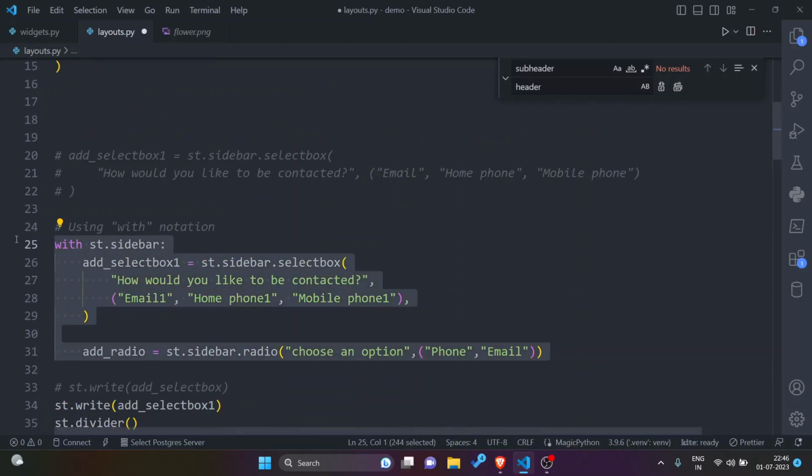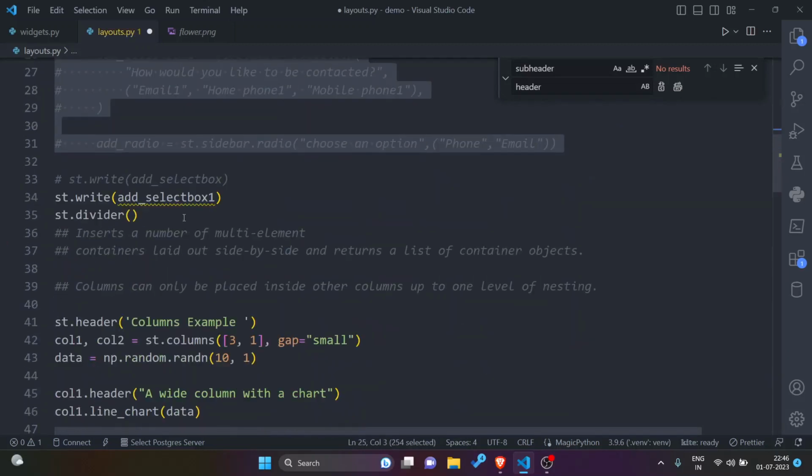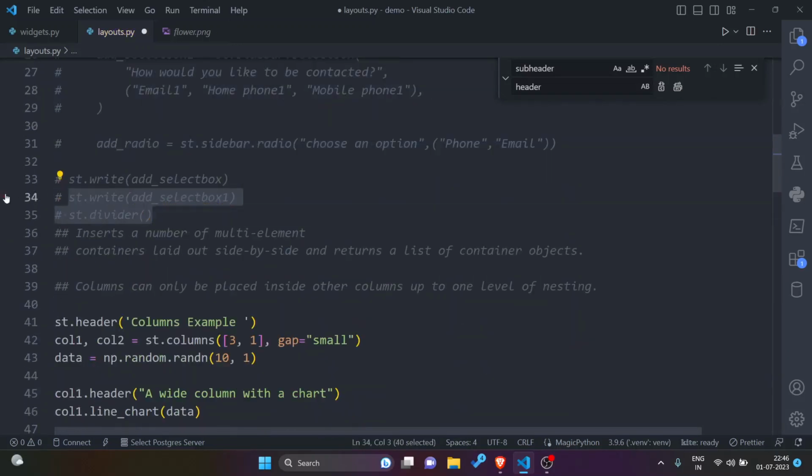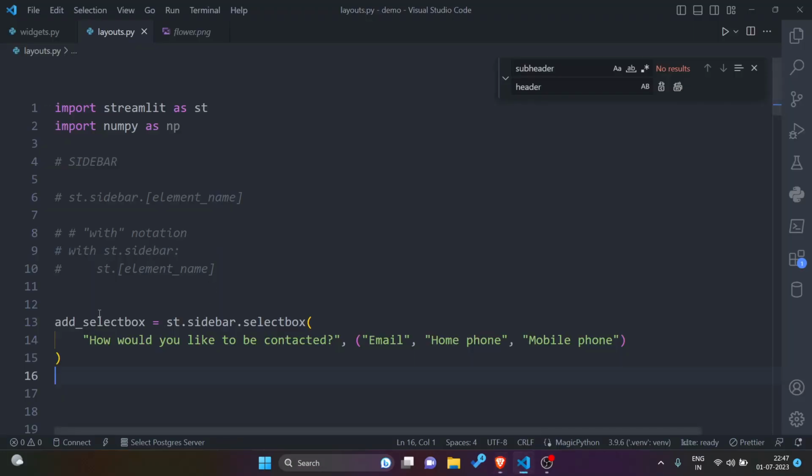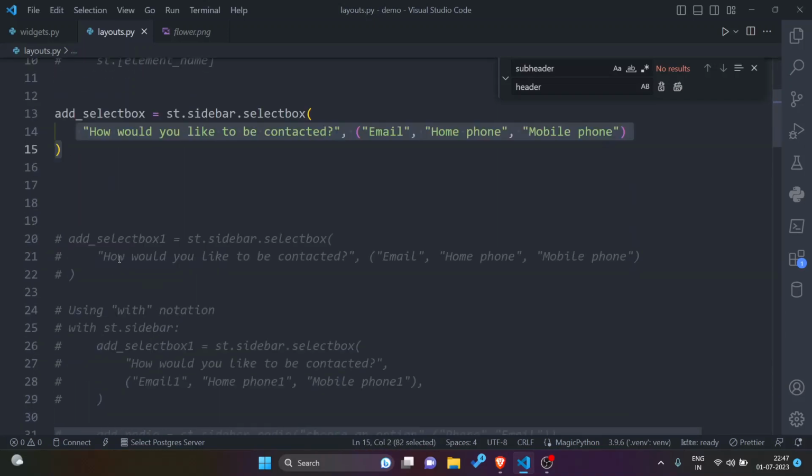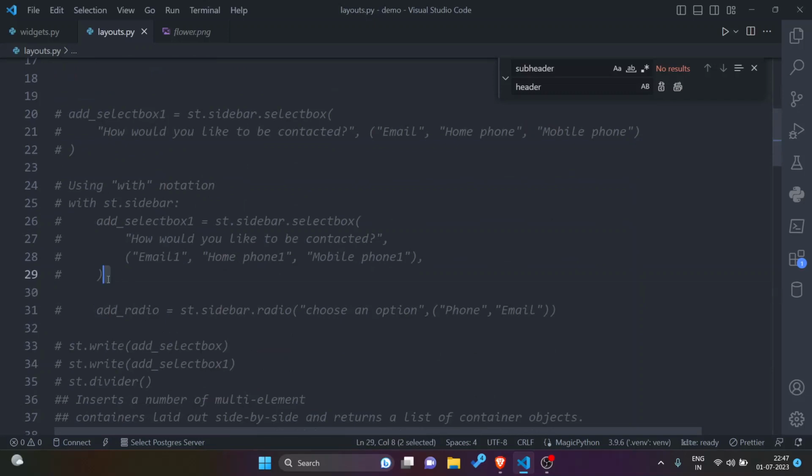So let us explore first. Let me comment it out. So I have got this sidebar and this sidebar contains a select box as shown in this code. So add select box st.sidebar.select box then select box options. This is equivalent to this option